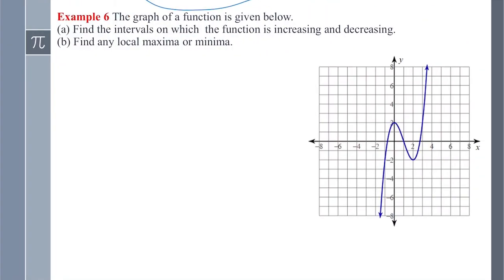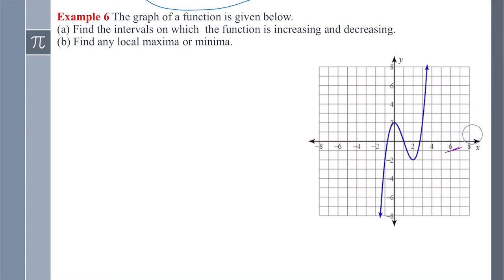Now let's look at an example. So here we have an example. Let's go ahead and find the intervals where the function is increasing and decreasing, and then the local max and min. So if you look over here, when we go from left to right, in this direction,